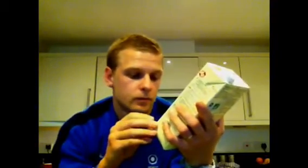Next, I've got some almond milk. Okay, so I've not really ever come across this before. It's something that's completely new to me. I wasn't even aware it existed until recently. So complete new experience. First of all, colour is again kind of like an off-white, very thin in consistency again. A slightly nutty smell, ever so slightly nutty. You can just pick up the hint of almonds in there. Now if I go for the taste test,